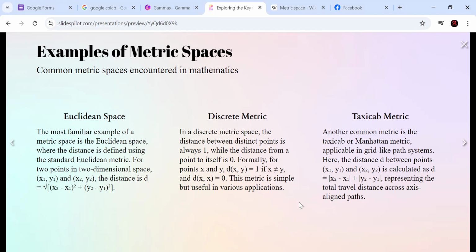लास्ट इन थर्ड, इस स्लाइड के ऊपर जो थर्ड हमारे पास मैट्रिक्स स्पेस है दैट इज टैक्सी कैब. Another common metric is a taxi cab metric, applicable in grid like path system. Like हमारे पास grid path system के ऊपर distance को calculate करें, that is called taxi cab. So here the distance d between points (x1, y1) and (x2, y2) is calculated as mod of x2 minus x1 plus mod of y2 minus y1, representing the total traveling distance